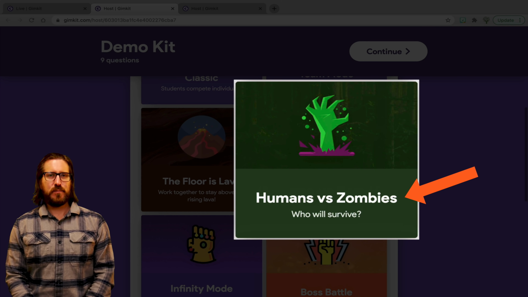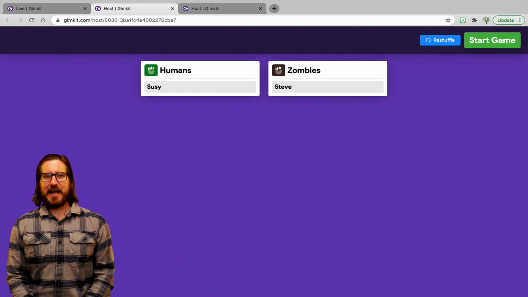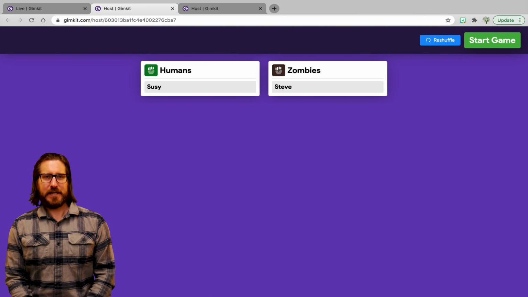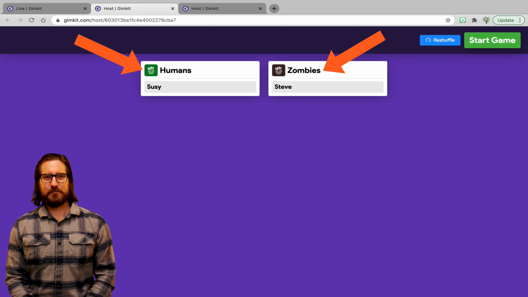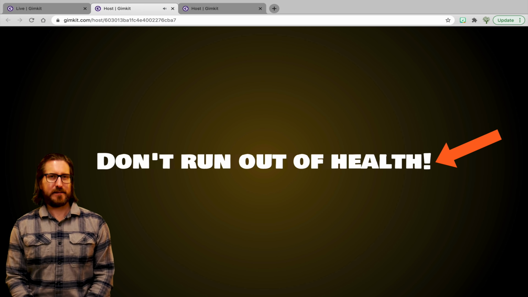Let's look at this humans versus zombies game as an example. In this game, the class is separated into two teams, humans and zombies. Students are trying to protect their team from the other team, and the last team standing wins.